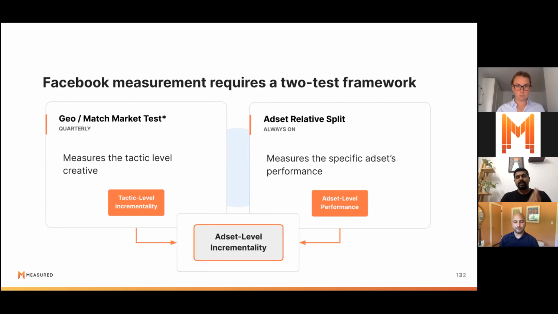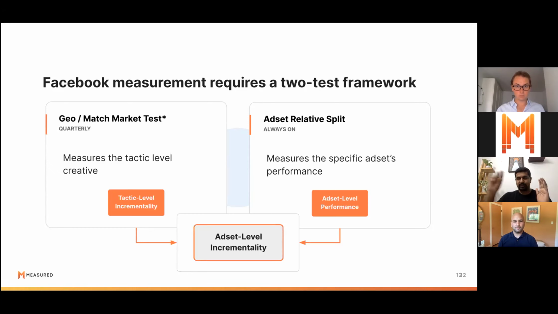Then the second test is anchored on the Facebook split test API, which creates 2 mutually exclusive cohorts, where all the ad sets that you have in your ad account will be part of the test cohort, and a corresponding control ad set will be created.